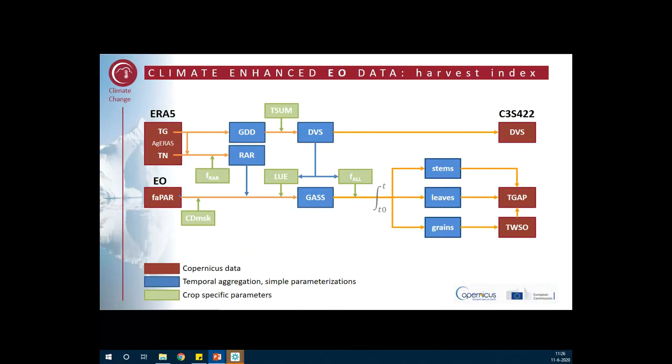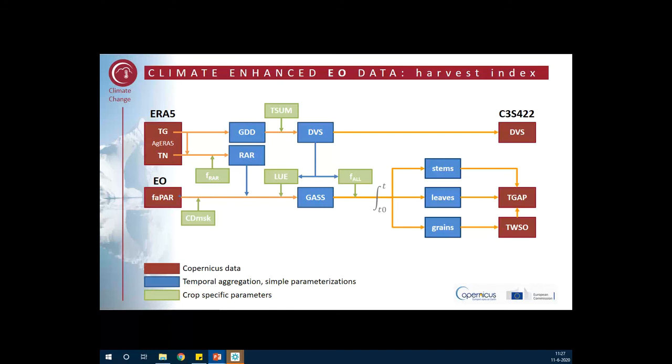Complicated diagram. The only thing I want to show is basically that we built from Copernicus data on the left. The red boxes on the left are existing Copernicus data products, and we move to the products on the right, which are the new ones that we developed for this Global Agriculture one, which is the bottom one, the TWSO, the total weight of the storage organs, which is generally the most relevant parameter here for many users, because it really is the yield in terms of the edible parts.